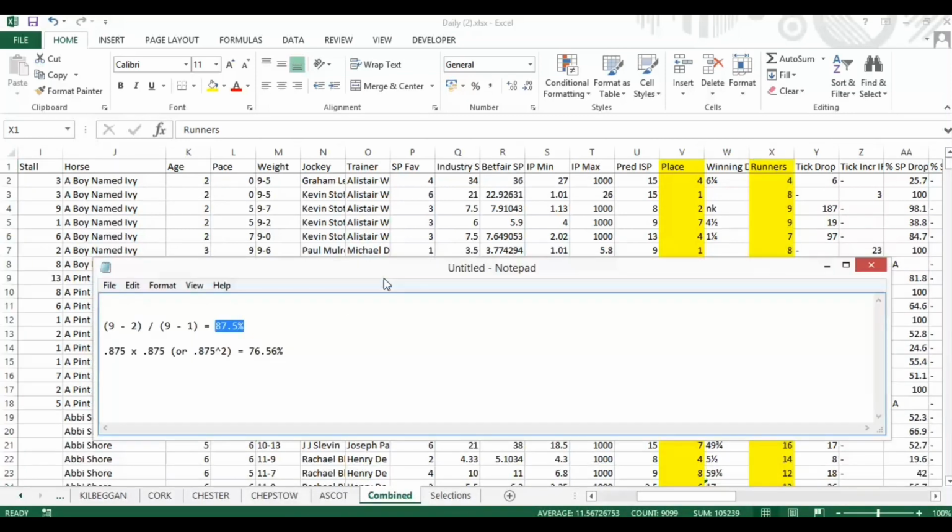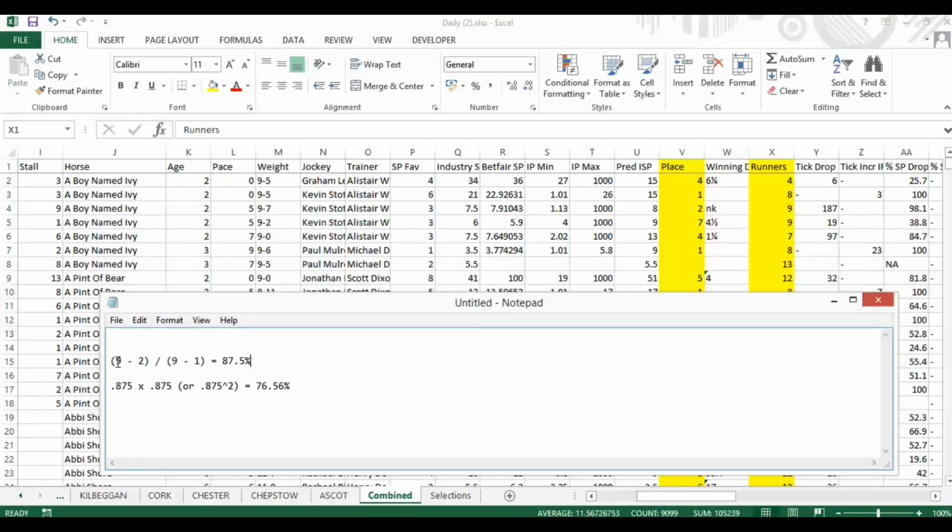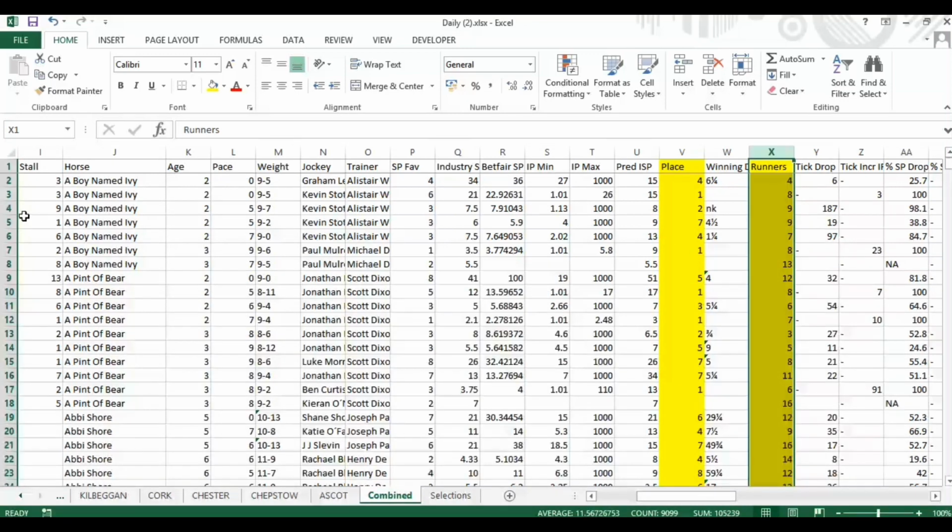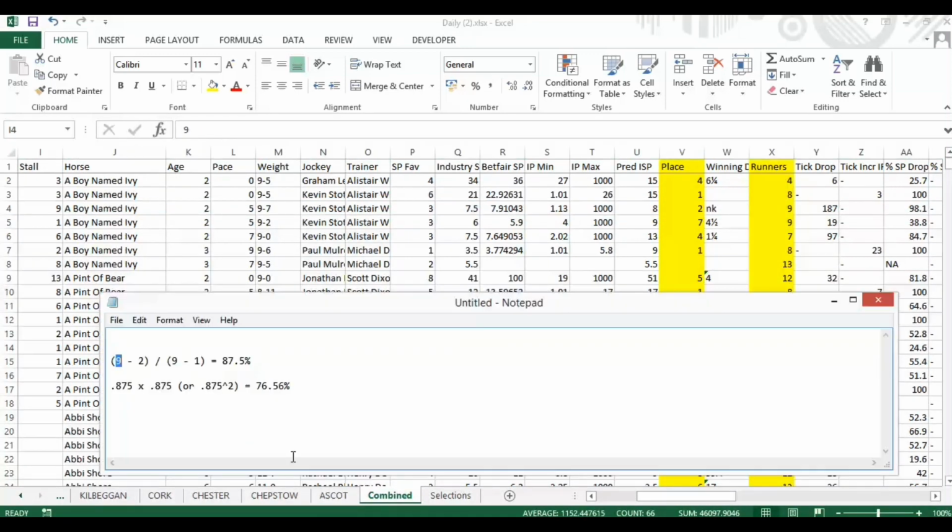Okay, and this is the formula that we use. So the formula is the amount of runners in the race, of which there are 9. I'll just highlight that line and bring up the position of the horse, which is 2, and then that's divided by the number of runners in the race minus 1, which gives you a percentage of 87.5. That itself is a